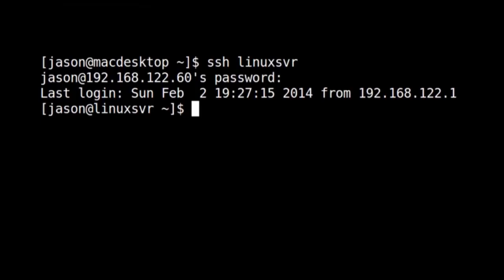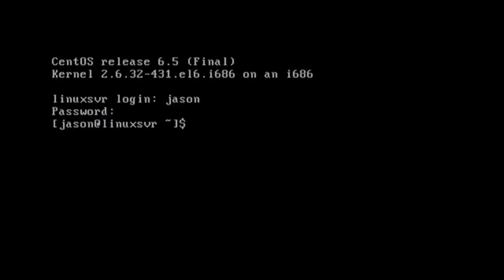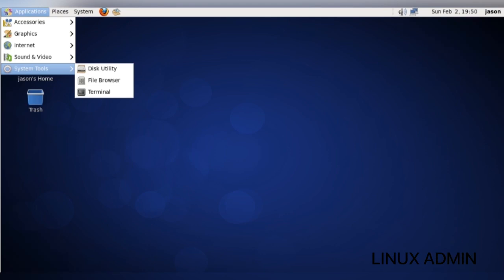When you log into a Linux server over the network, the shell is the program that is started and it acts as your default interface to the system. Also, if you're presented with a text-based login prompt, you'll also be interacting with the shell by default. If you log into a graphical user interface, then you'll need to start a terminal emulator application to gain access